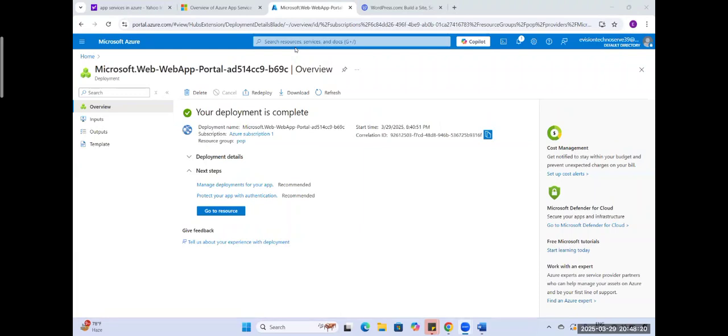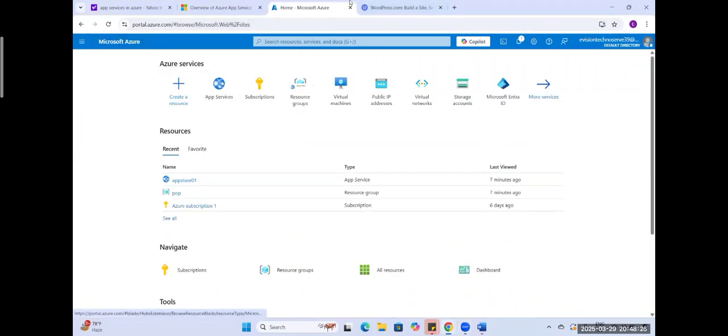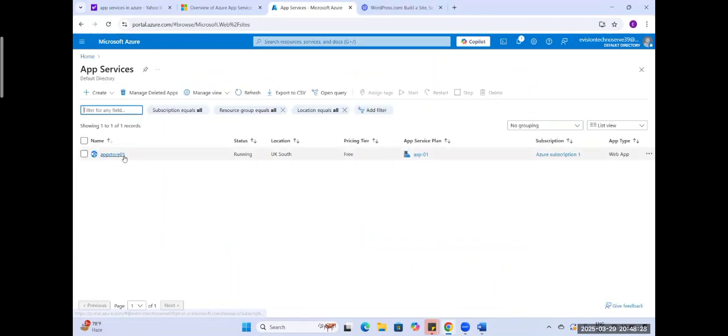So this deployment is completed, the app service is deployed. If you go to the app service now, you can see our app store 01 is available, and this app service is connected on an app service plan. Every app service will be connected on a plan. Plan means hardware,